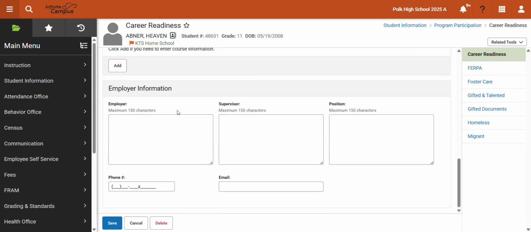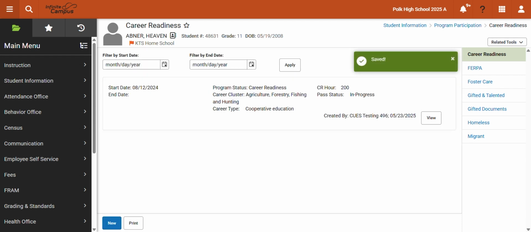Employer information is not required to fill out, but again, if you want to fill that out for your school or district records, please feel free to do so. I'm going to click Save, and now we can see that this student now has a career readiness record. Now you can update this throughout the year. Let's say that this student has